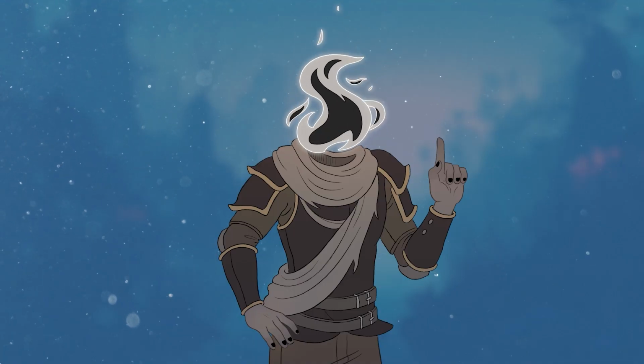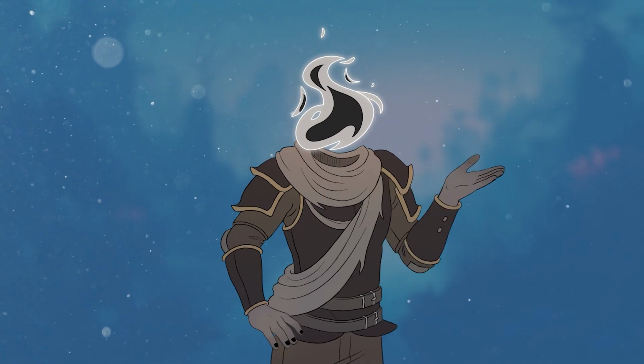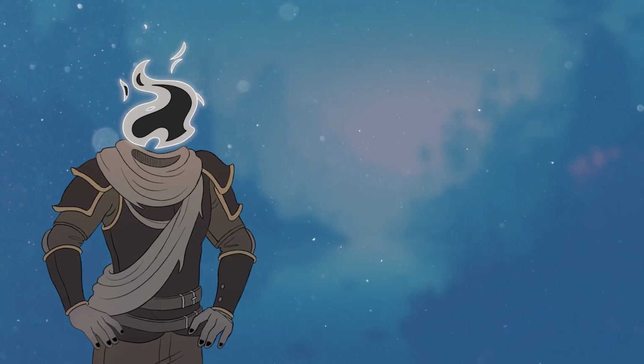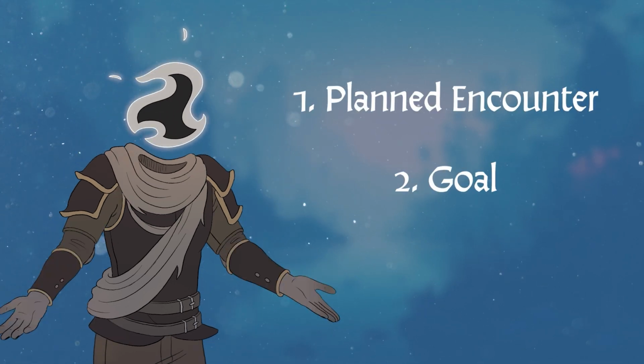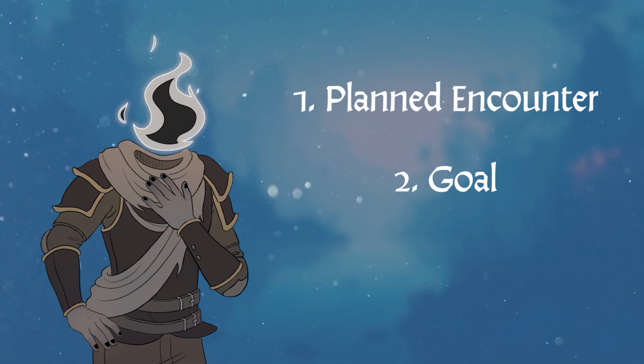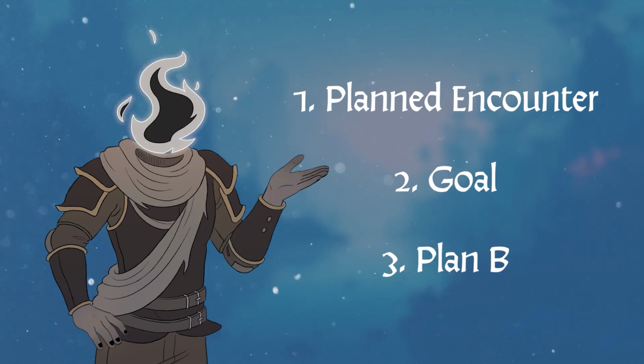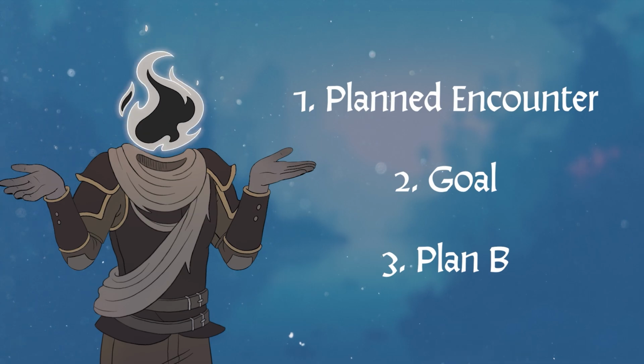And this means every session I have 3 things written down in front of me. I have a planned encounter. I also have a goal or a beat for where the story in this session is going to go so that I know where I'm steering the ship. And then I also have a plan B for when they inevitably do the thing that I wasn't expecting, which again might just be a random encounter if I need to buy myself some time, or if I'm behind that week, I was too busy with work or whatever, and I need something for them to do, I'll throw in a random encounter and sort of improvise on the spot.